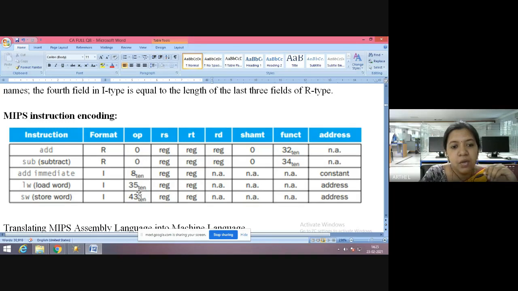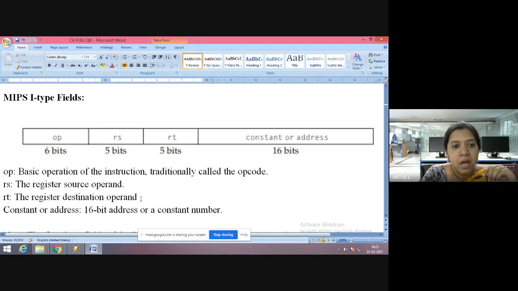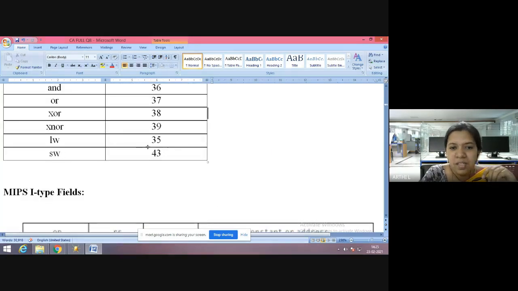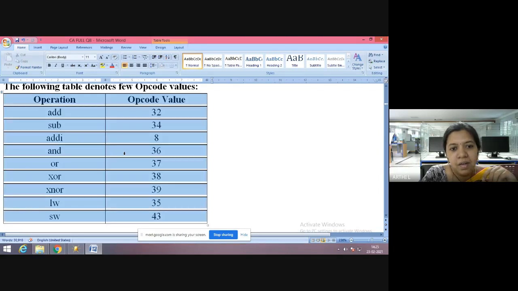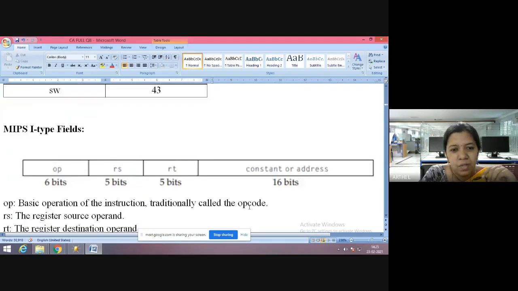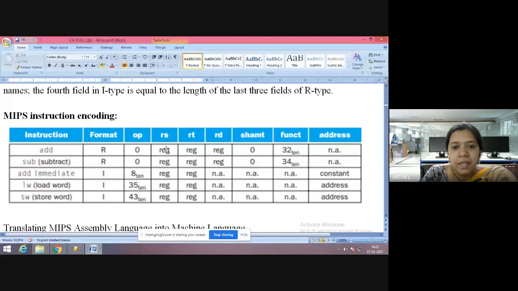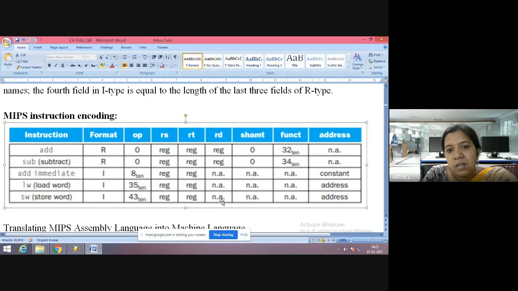Here you can see the load and store opcodes. I have already mentioned them here also. You can just learn this field alone, that's enough. Here you can see source register and the other registers, but for I type you don't have the third one. The third field is not there, shift amount is also not there, function is also not there. Instead of that you have constant or address.